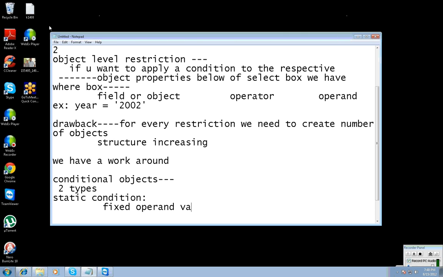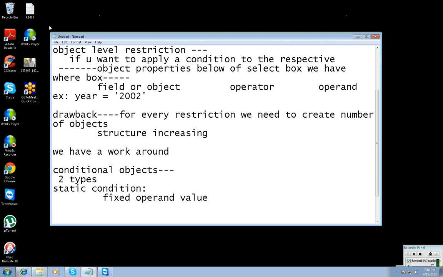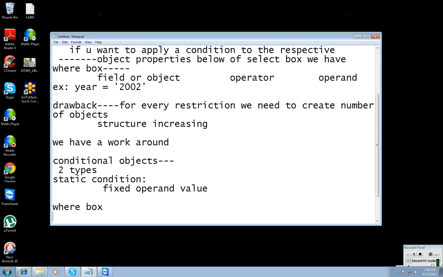If you define it one time, then it is fixed. Your conditional object's properties will contain only the where box. Your normal objects will contain the select definition, data type, and parameters, which can differ. But conditional objects will contain only the where box.